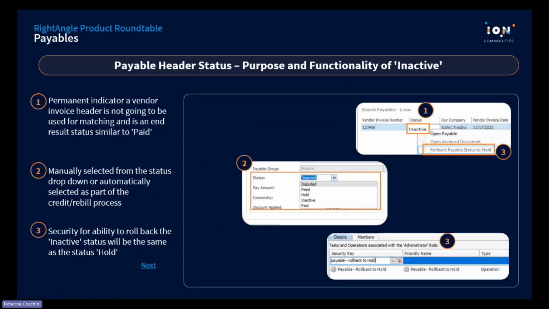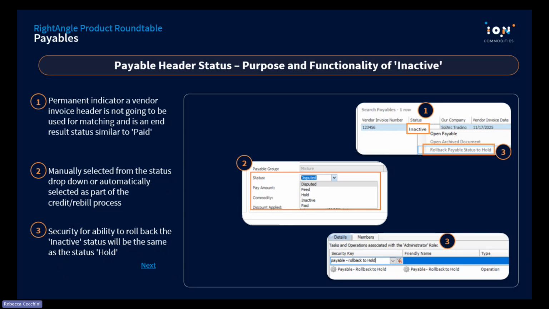So this really evolved from some recent client engagement. We identified challenges with credit rebill. I know we experienced those challenges on the receivable side, but that also applies on the payable side. As a result of this, we've added some statuses to help with this process and some automation. So in the payable header, in addition to the hold, feed, and paid statuses, we've also added